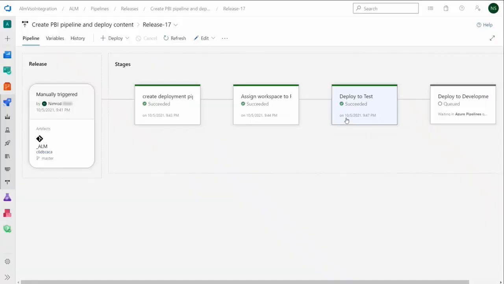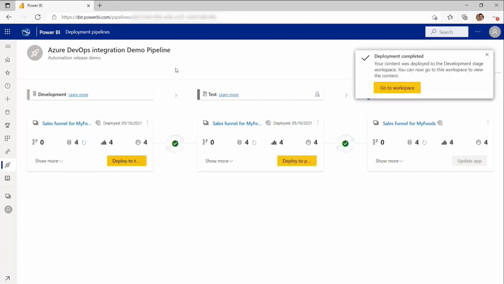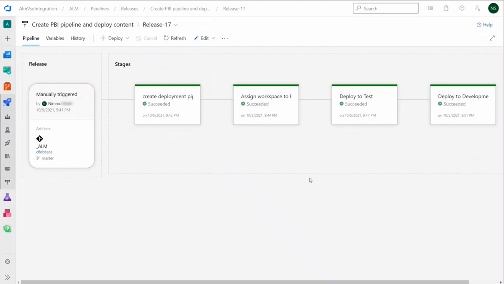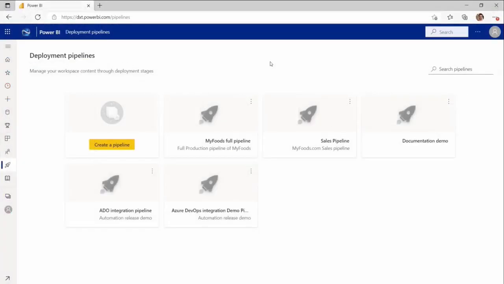Now that the deployment to test has completed, we complete the deploy to development phase, and we are notified once the content is deployed to the development workspace. Navigating back to Azure DevOps, we can review the completion of this release. Going back to our deployment pipelines in Power BI, let's learn how we can manage ongoing deployments using Azure DevOps